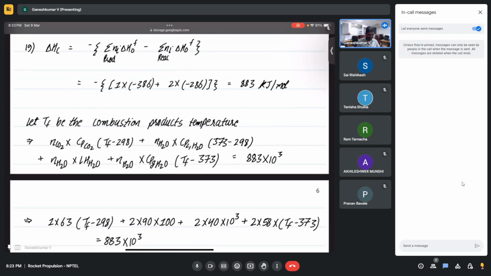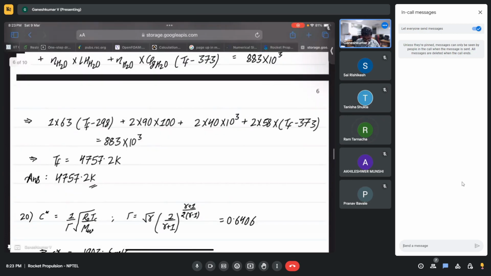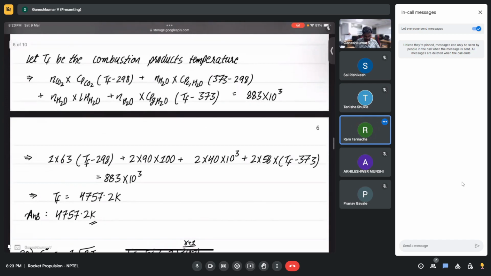So was there a mistake in calculation? So 2 multiply by 90 into 100. Why should it be 100? Okay. So 373 minus 298 is not 100. It should be 75 then. So if you use 75, the TF will come out less than 2757. But by how much? How much is it coming out to be? I calculated it was coming out to be